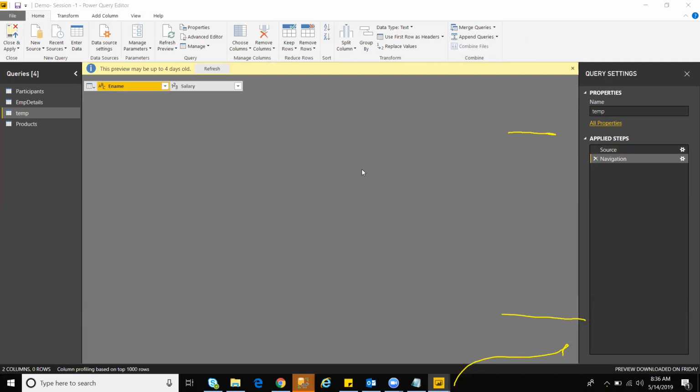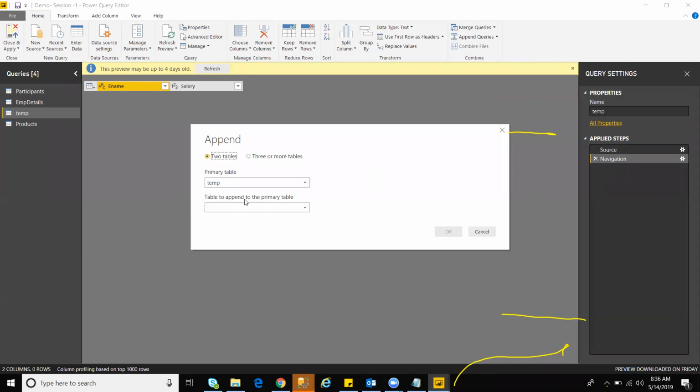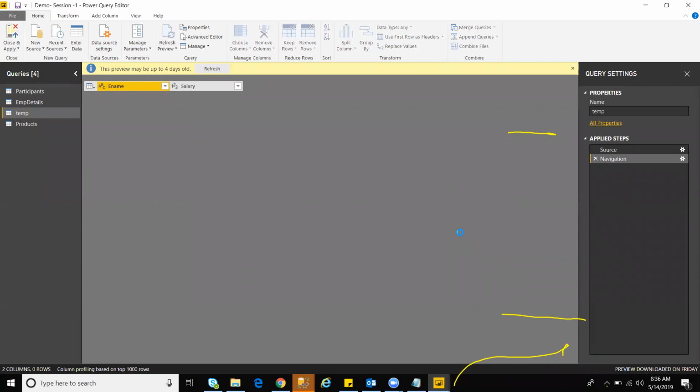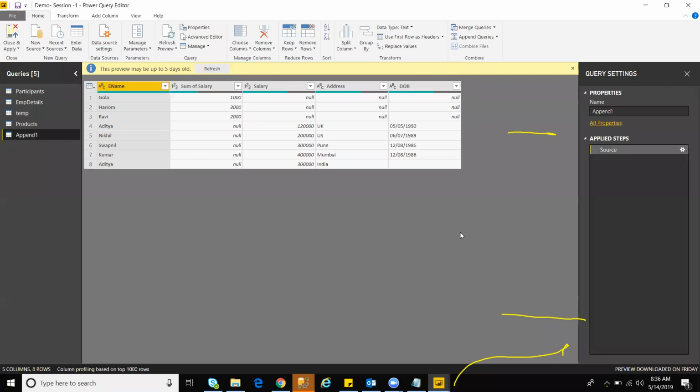So this will merge your data. Suppose the temp table and this employee table, employee detail, participant detail. See here, it has appended the data from both the tables, from employee detail and from the